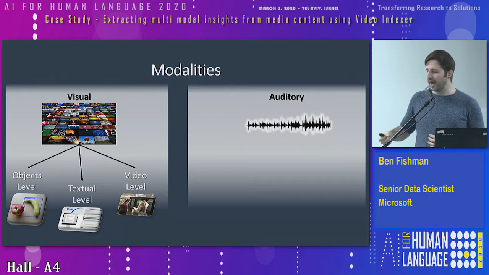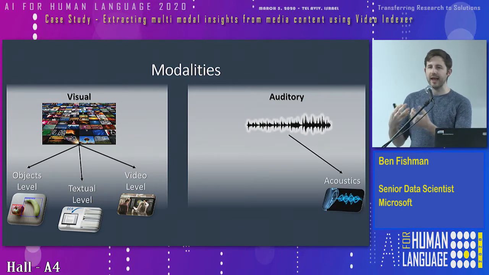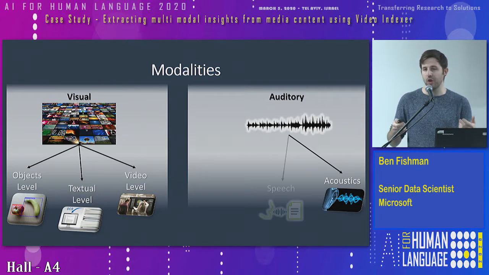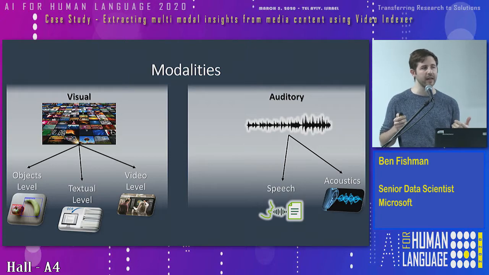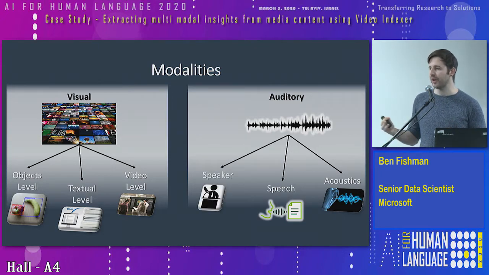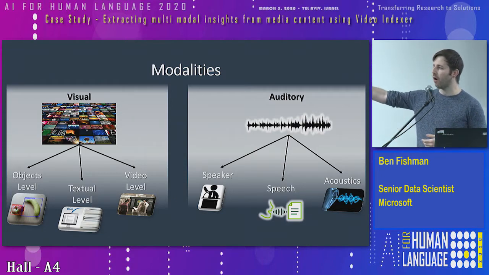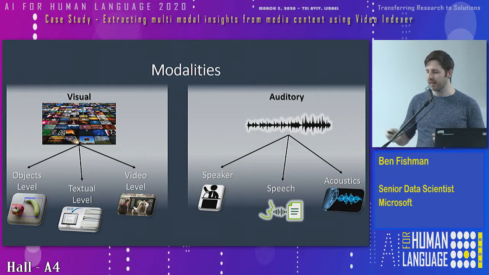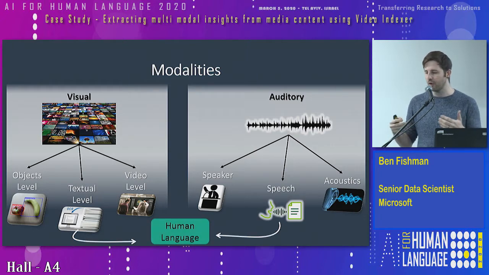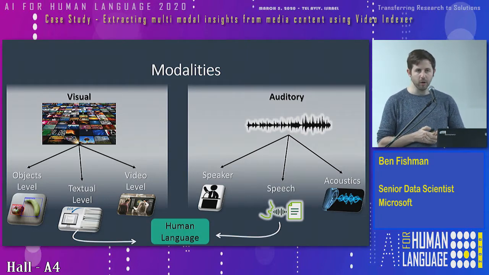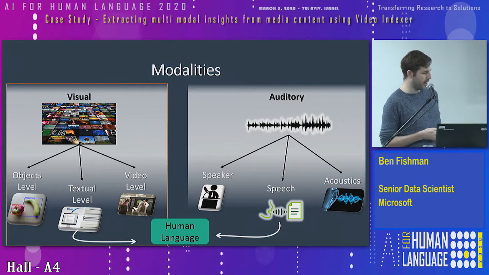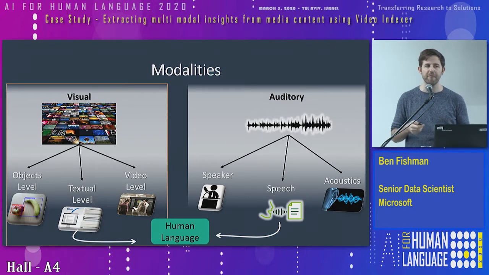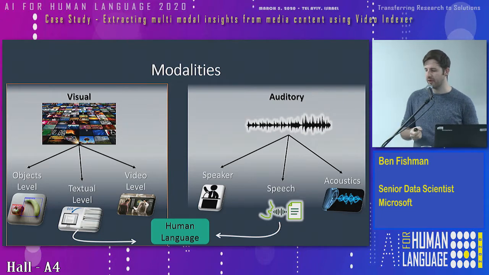On the auditory domain, we have all the acoustics, analyzing the sound that we hear. Then we have a particular and unique sound that's called the human speech. We can analyze it as well. And also we have some speaker-related information that we know how to extract. If you look over these 6 types of topics, the speech one and the textual level are the ones related to human language. Okay, now let's focus on the visual one and see examples for features that we have on video indexer.